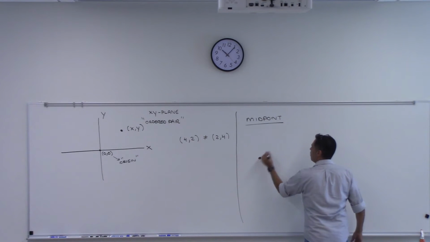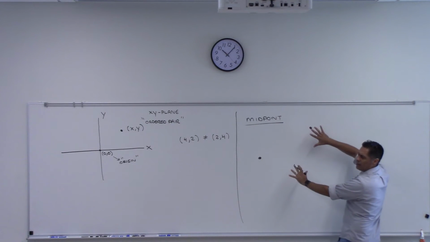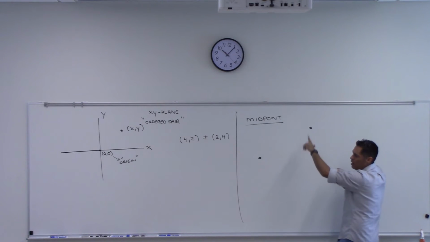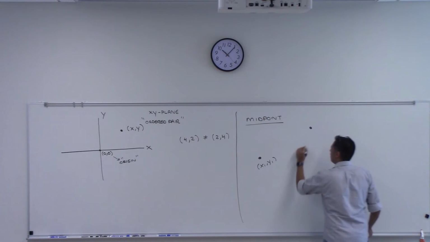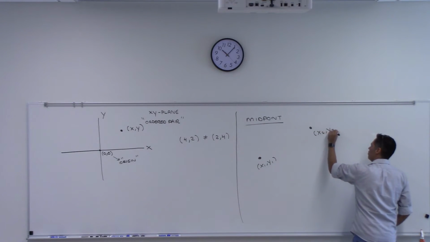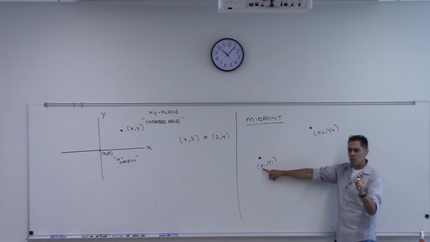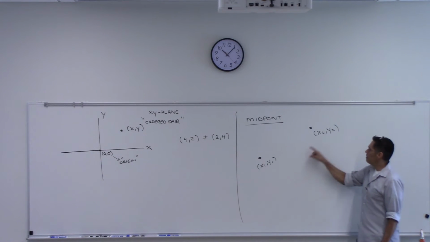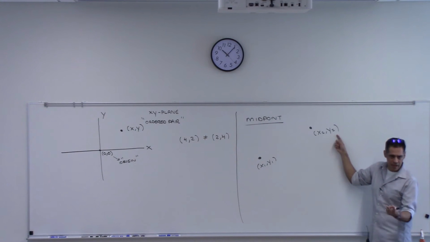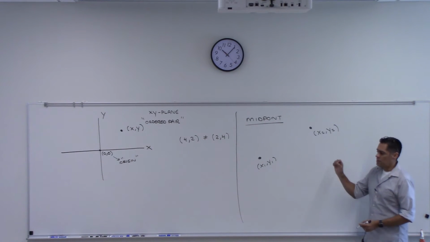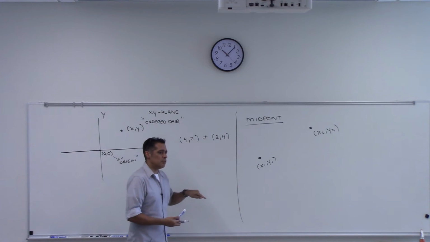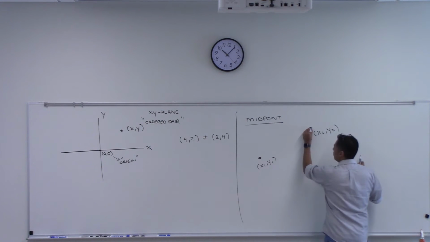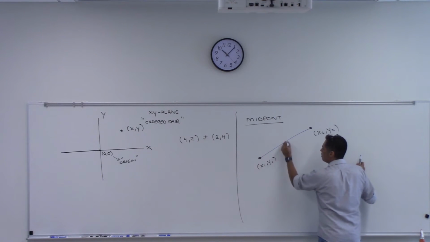So imagine I have 2 points. This is going to be the xy plane here. I'm just not going to draw the x and y axis. Let's label this point x1, y1, and this x2, y2. So this is the x-coordinate of the first point, the y-coordinate of the first point, the x-coordinate of the second point, y-coordinate of the second point, right? Is there a formula that allows us to find the point that's right in the middle of those 2 points? If we were to imagine connecting this with a straight line, can you find this point right here? Well, we can.